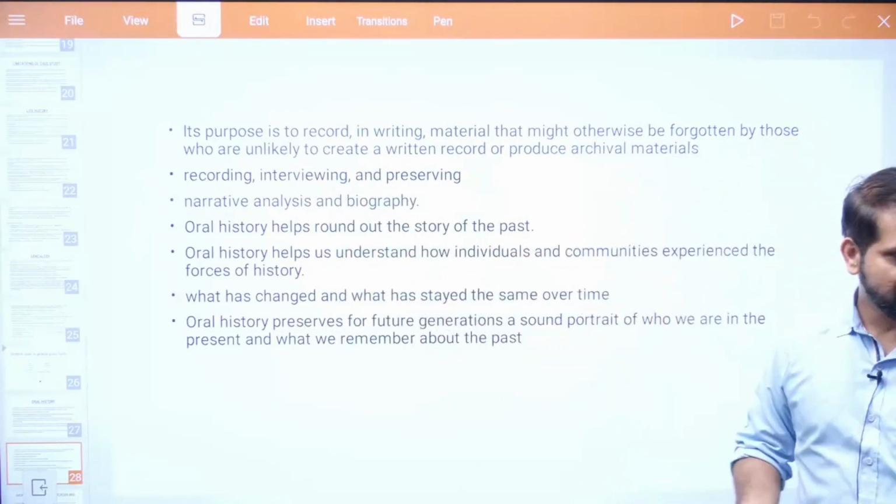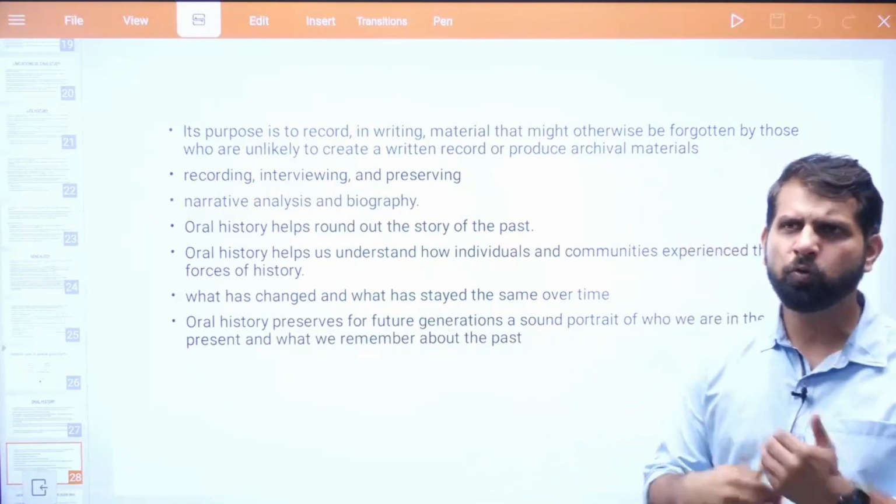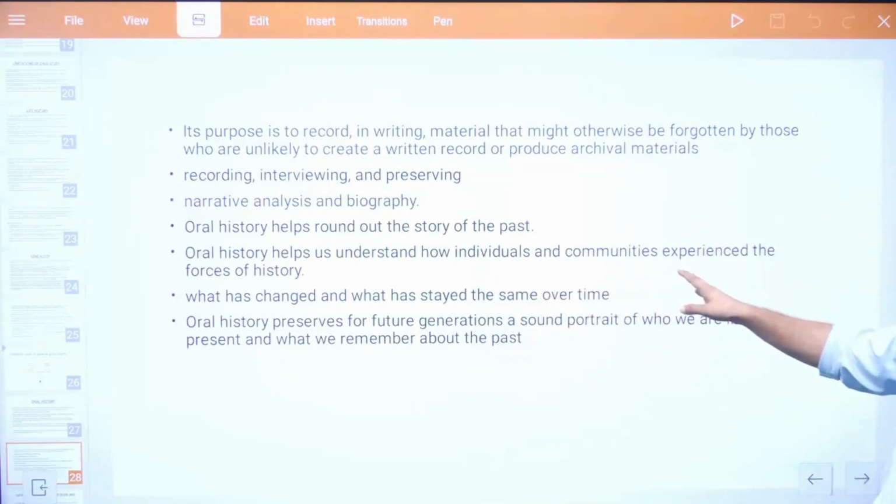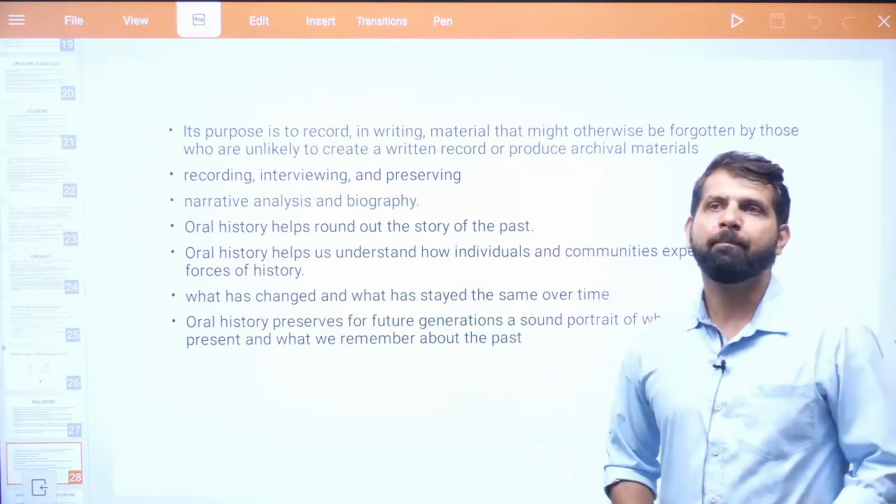Okay. Oral history helps round out the story of the past. Again, a very simple fact that you get to know about the past. It helps us understand how individuals and communities experience the forces of history. Because you see,